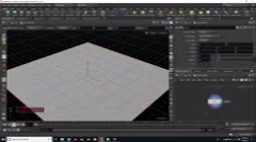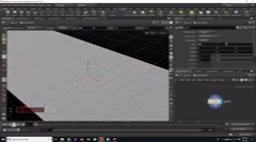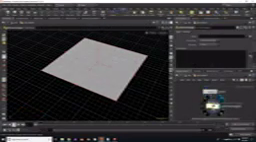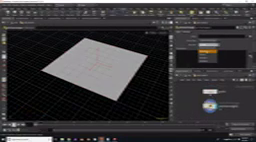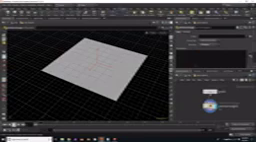I will create a grid object, dive into the geometry node, and change a few parameters for the grid. I will make it larger, for example, 100 meters wide by 100 meters depth. For now, I will leave the rows and columns as they are. And I will connect a point wrangler after the grid node. Actually, I'm going to change it for now to a primitive wrangler